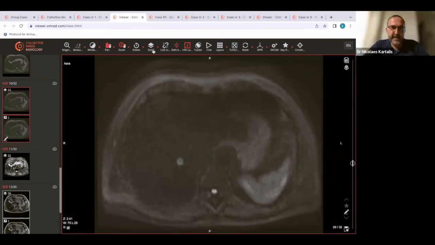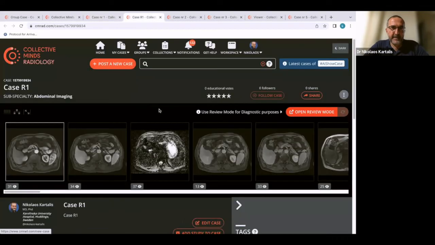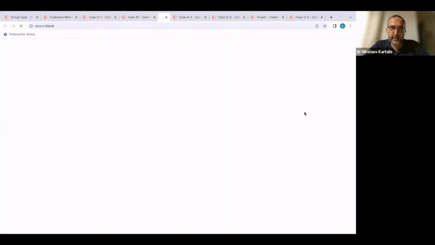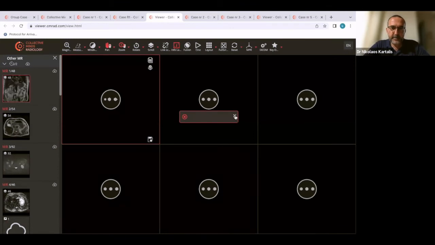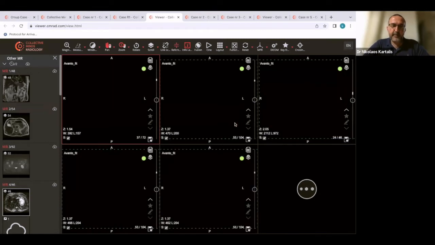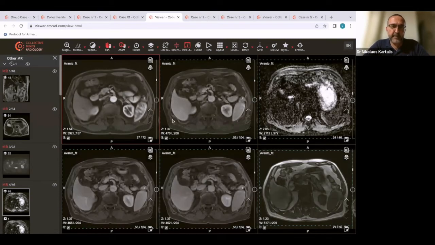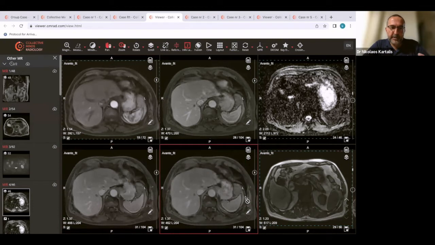So if we go back to the same patient, I will close this viewer and I will open case R1, which is the same patient with another contrast agent, multihance, and hopefully we get the correct answer immediately. So this is the same patient 1 week later than the previous exam, because we were a bit unsure if this was a hemangioma or metastasis. We were a bit afraid if the enhancement pattern was not clear enough, as we would expect with hemangioma.